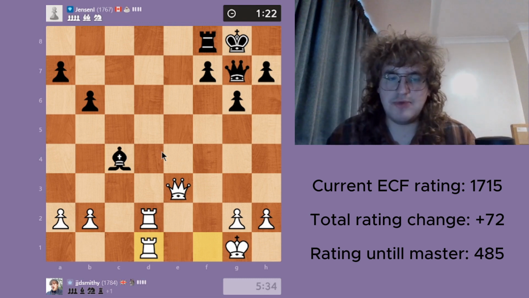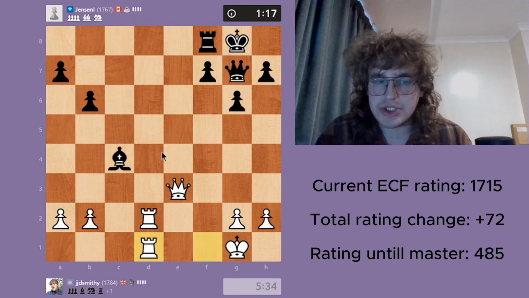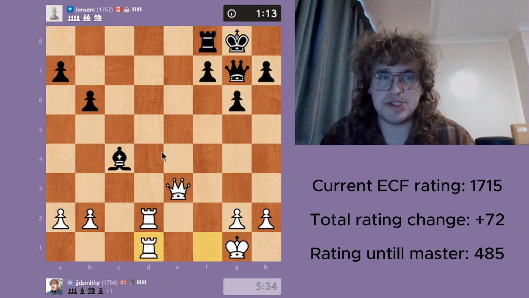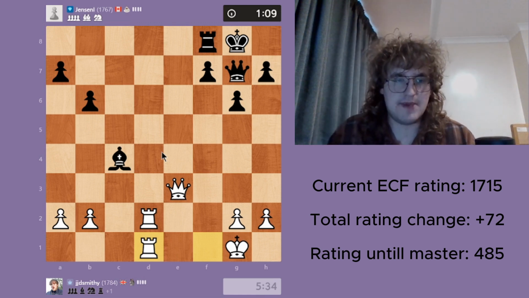And I'm unsure what their reasoning was behind doing the exchange, to be honest. Was it just they had no other plan? Or was it something they thought tactically worked? I'm not quite sure. Because after bishop